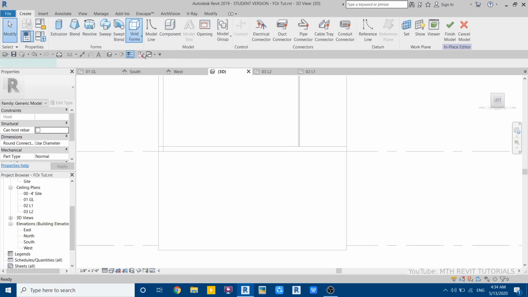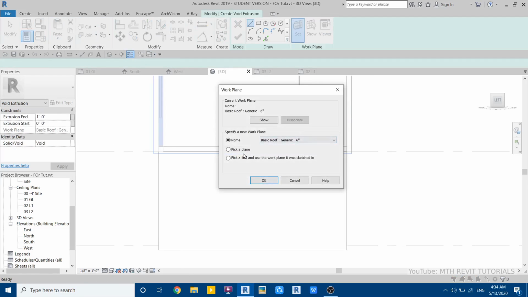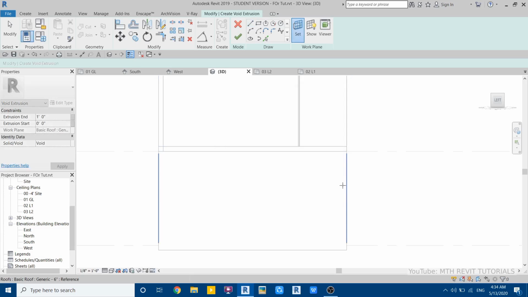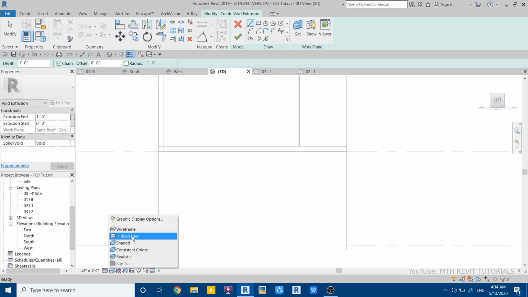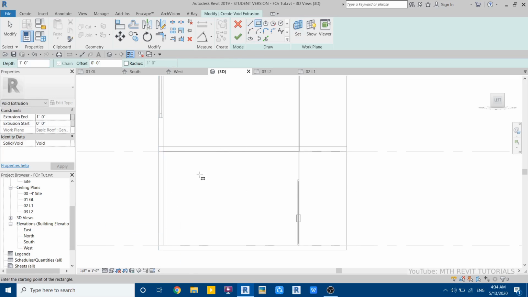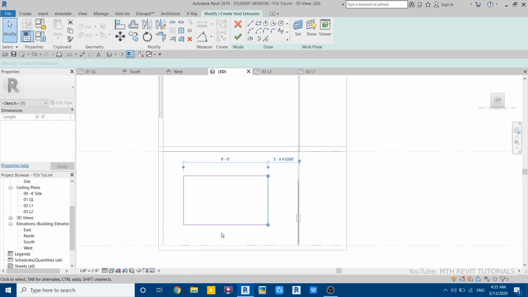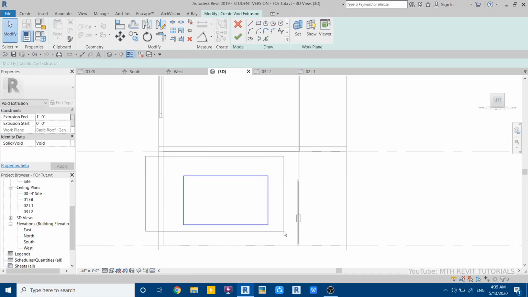then void extrusion, set the work plane, click on this face. You cannot actually see these two lines because it's angled, so you just need to click when you see these two horizontal lines. Now change the visual style to wireframe and draw a rectangle here, 9 feet by 6 maybe. Yes, it's already 9 by 6,